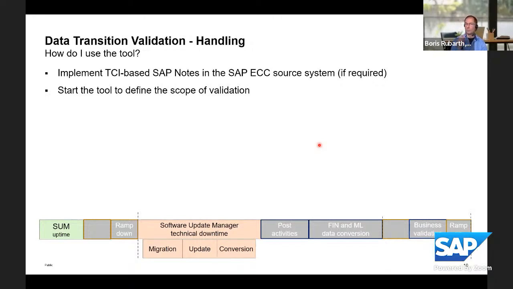That means you will pick out those reports and transactions, this pre-delivered content that is relevant for your test. You have to decide and agree in your project what to test. And then you run the system conversion until the downtime dialog, until the Software Update Manager tells you, I'm ready